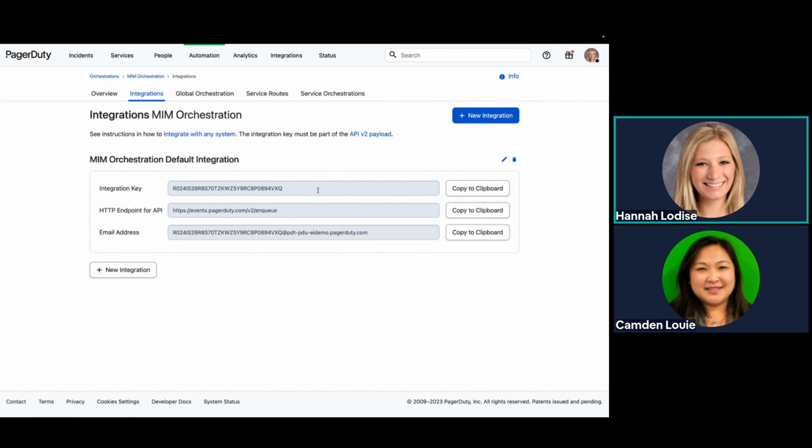Now, this is a unique integration key. Much like any technical services set up at the service level, having their own unique integration, global orchestration is very much the same. This is that unique key that tells PagerDuty exactly where your events need to land. Now, the cool thing about this is you can create multiple integration keys for one single orchestration if needed. But for today's purposes, I'm just going to copy this integration key and use it to send in some example